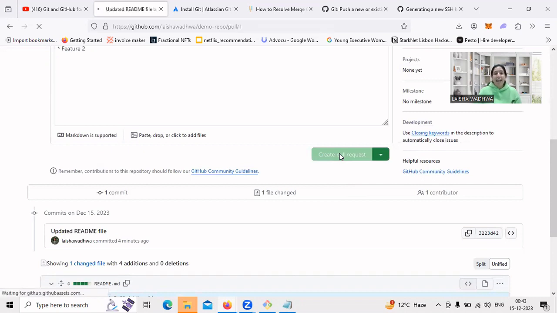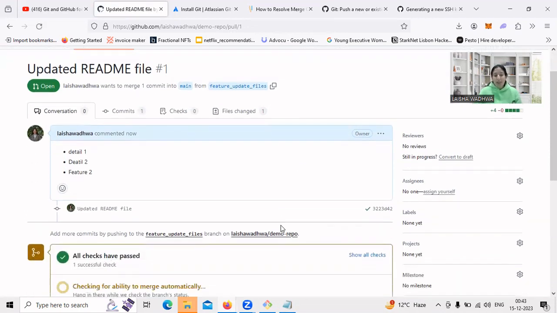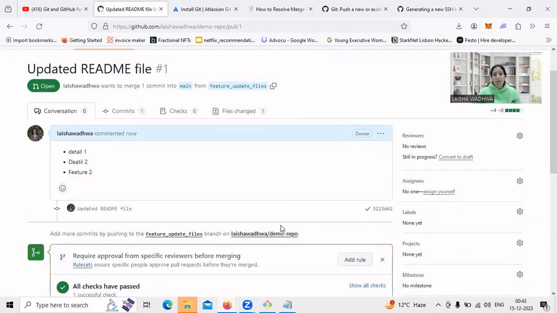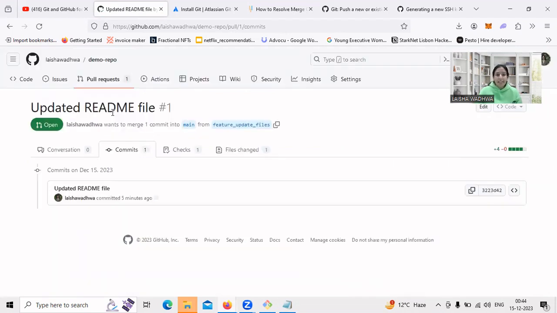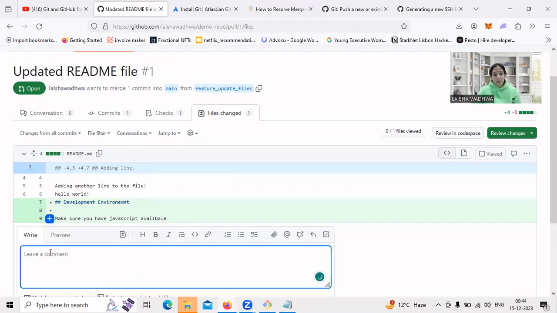Now, in this case, I am the owner of this repository, so I do have the access to merge this as well. But generally, when you create pull requests, you have multiple people collaborating on that pull request. People can come back with certain updates, or they can also ask you to basically change a few things. So if you go and look at the files changed, and I look at some of your changes, let's say it's a piece of code and I want you to update it. So I can add a comment to update it and